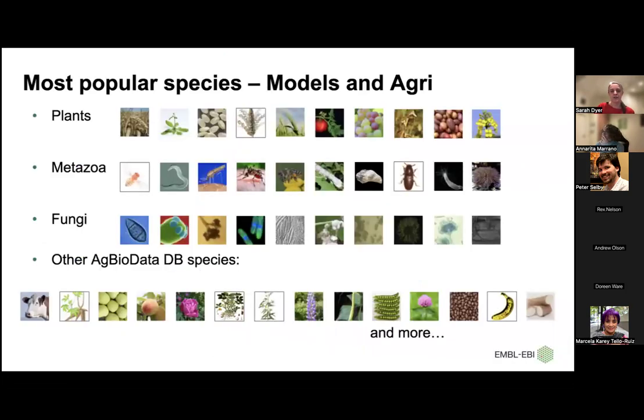And in terms of our most popular species, the model genomes that we've brought in are very popular, but there's an awful lot of agriculturally relevant species that people want to use. So for plants, this is our top 10 most accessed species. So we have wheat, Arabidopsis, of course, rice and maize and barley, tomato, grape, soybean, potato, and rapeseed